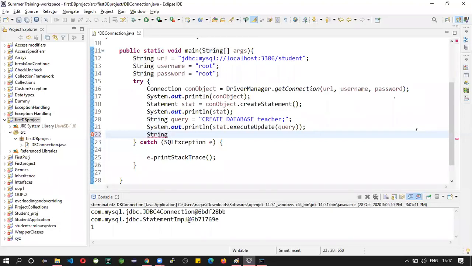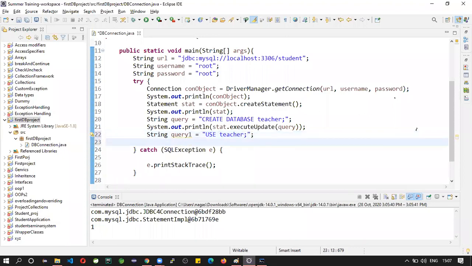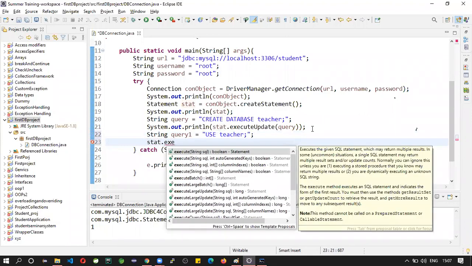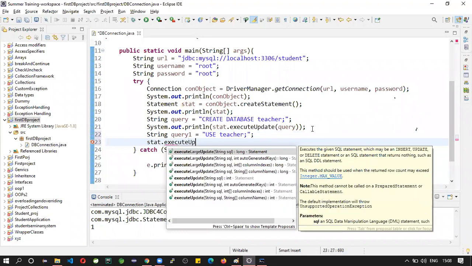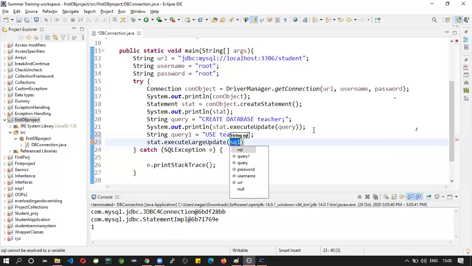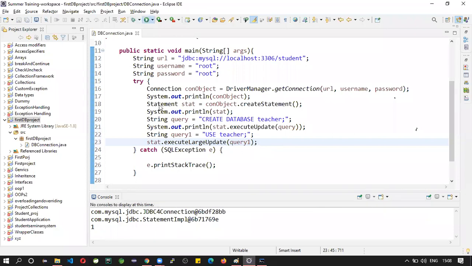String query1 is equal to "use teacher", and statement.executeUpdate of the string, which is query1. Let's save and run.